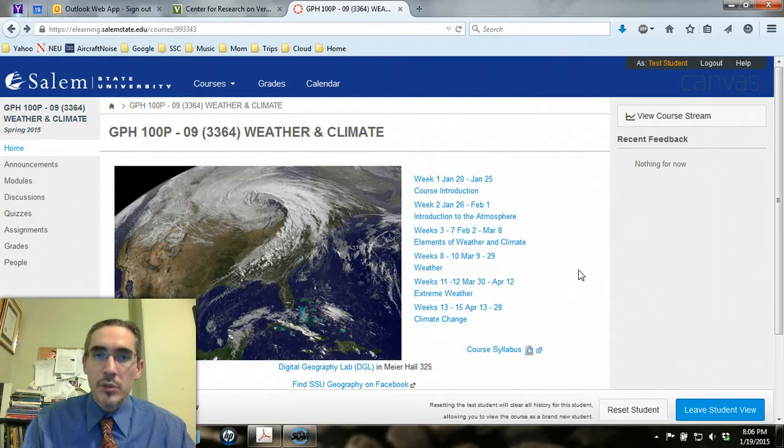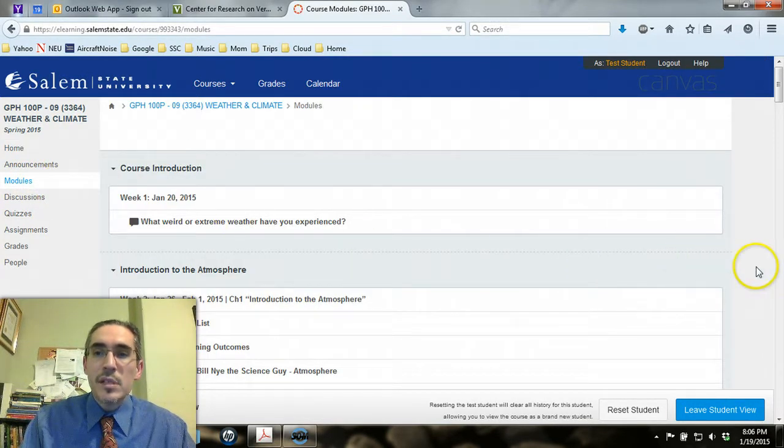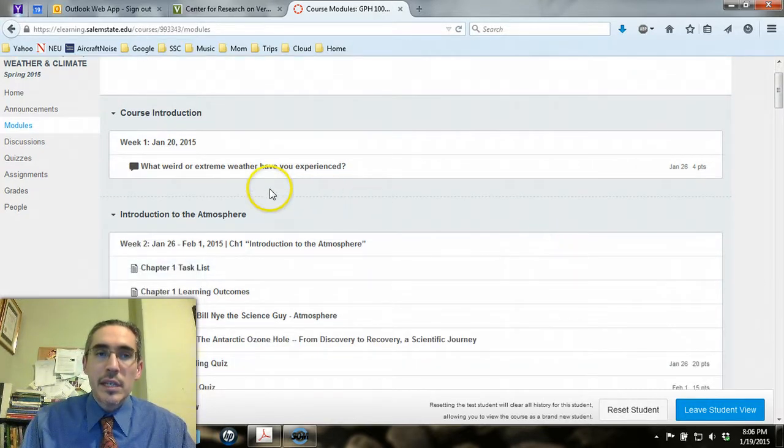is to look at the modules section you'll see in the left-hand column over here. So if we click on modules, we'll see a layout of the semester that follows essentially a weekly rhythm that's paralleled by the syllabus, so it should look fairly familiar. And each week is labeled both with the week number and the date, and what you'll see within each section are the assignments and the items that you want to work through.